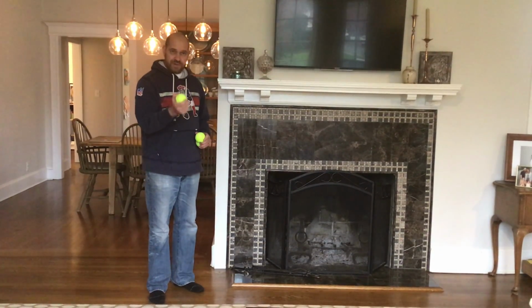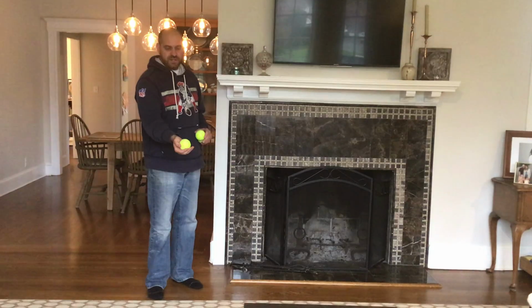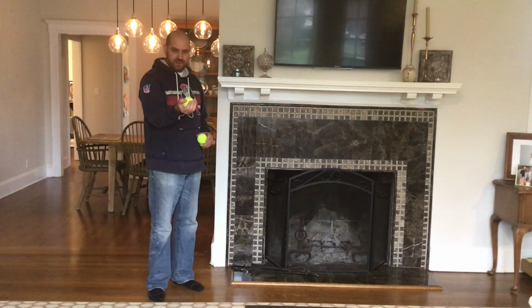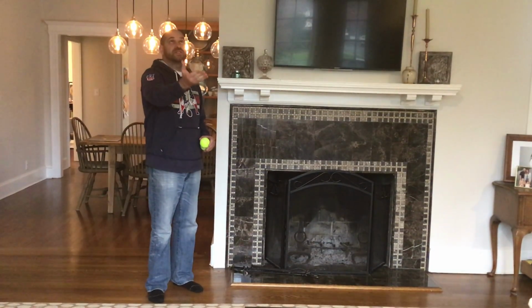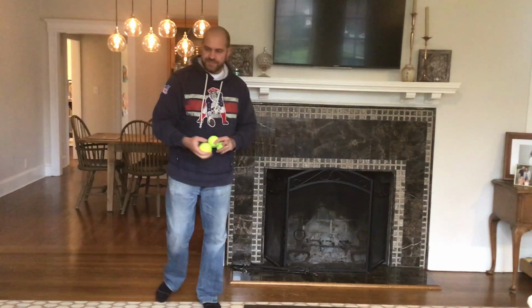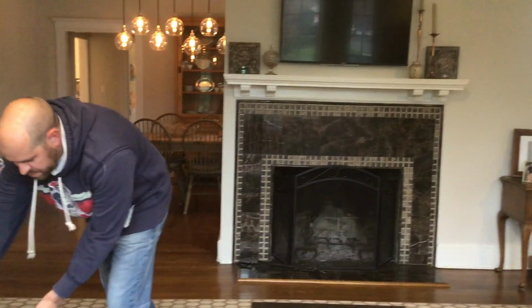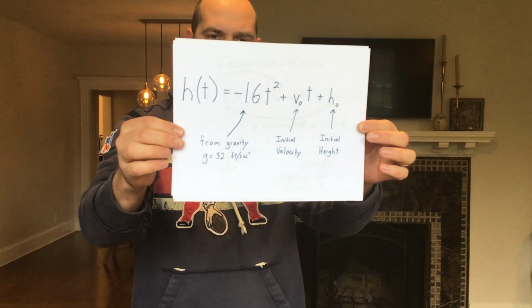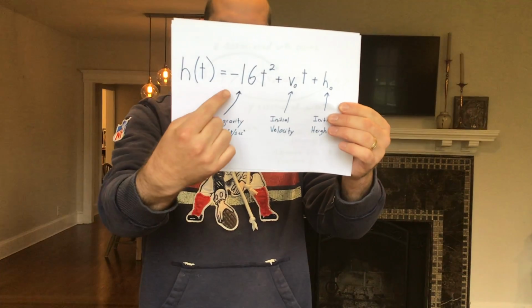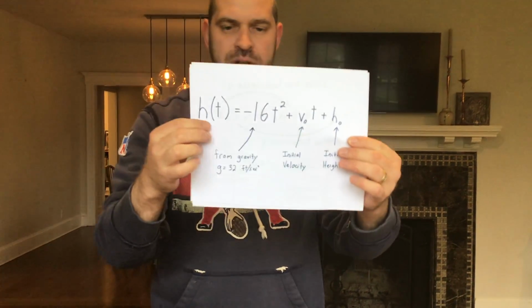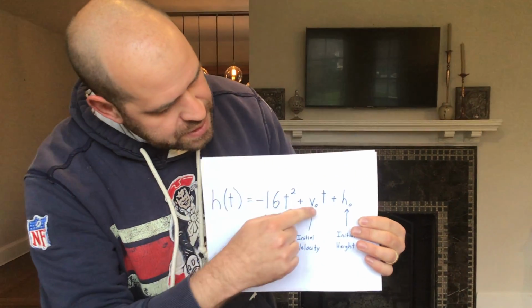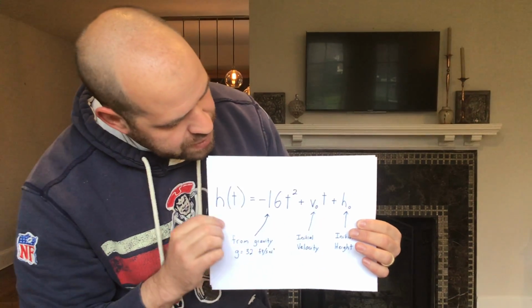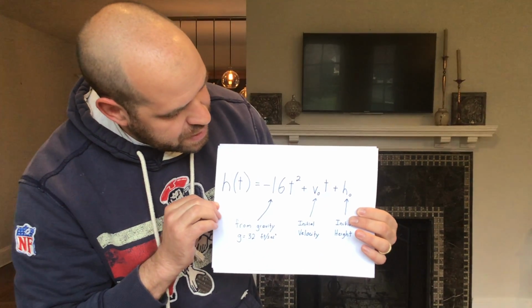It involved an initial velocity. So the smaller the initial velocity, the lower it goes, and the higher the initial velocity, the higher the ball goes. The equation that you used was this one right here. You might recognize that from last year. The negative 16 has to do with acceleration due to gravity, and the initial velocity there is specifically